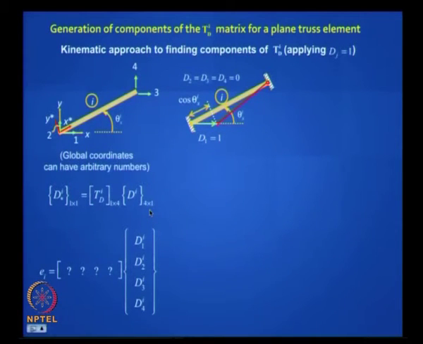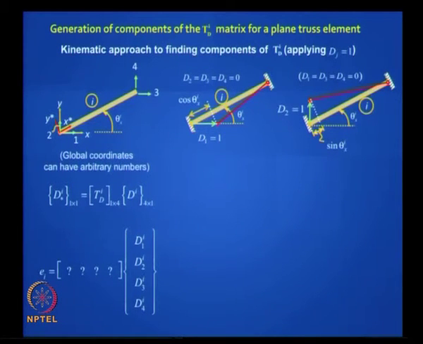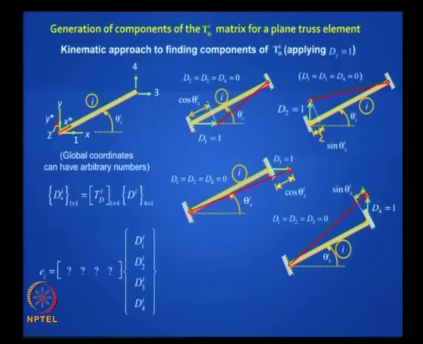Well, let us do it from first principle. You put d1 equal to 1, okay, how much will be the elongation? The component of that is cos theta. Will it be plus or minus the elongation? It will be minus. You put d2 equal to 1, can't you see the length of the element is reducing, it will be minus sine theta. If you take the other end and you pull it horizontally and you lift it up, right, that is your transformation matrix. Does it make sense? That is the answer to these question marks.